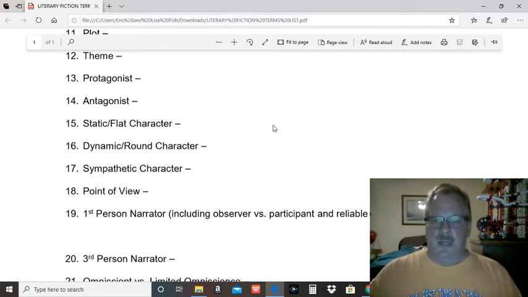Sometimes this can get a little more complicated. In A Rose for Emily, the protagonist is obviously Emily. We learn a lot about her. We change with her. Who's the antagonist there? Is it the town? Is it just everything in her life, including her father and all these other things going on? A very interesting question there.